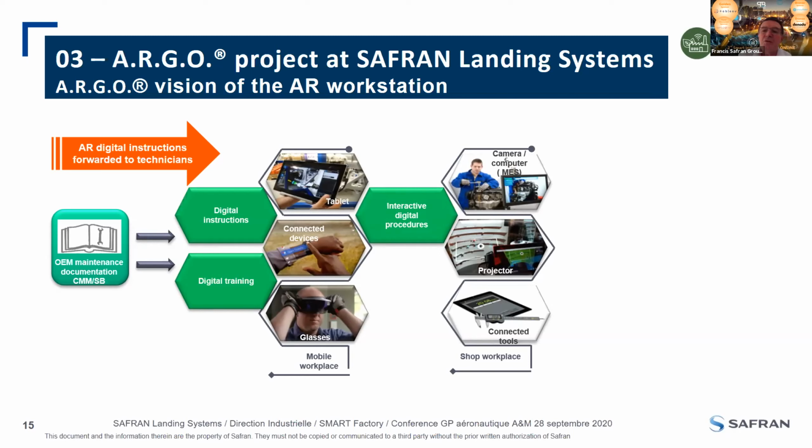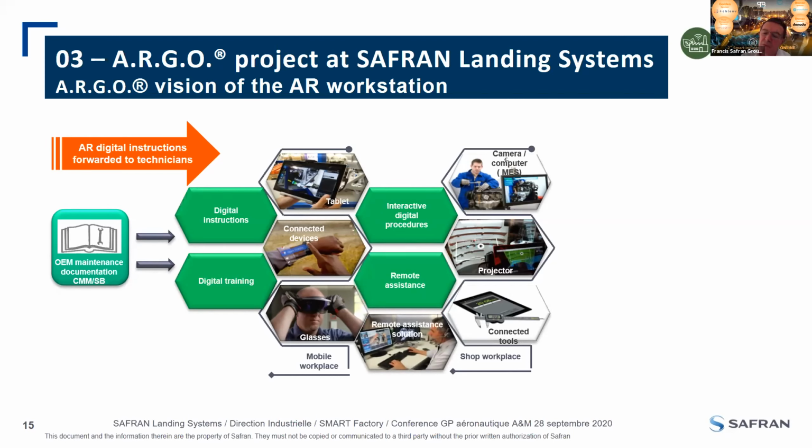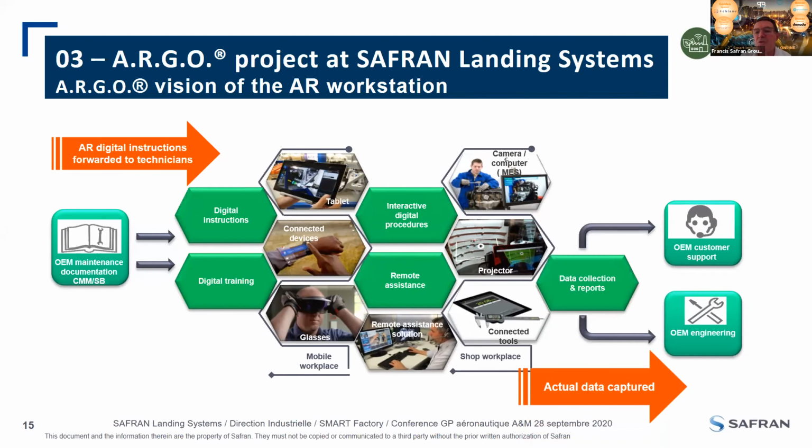In some places there are some projection capacity and the possibility to connect the tool. If you use a torque system, you measure the torque. We have also developed in parallel remote assistance capacity to assist people remotely. And at the end, what is important is that as soon as you